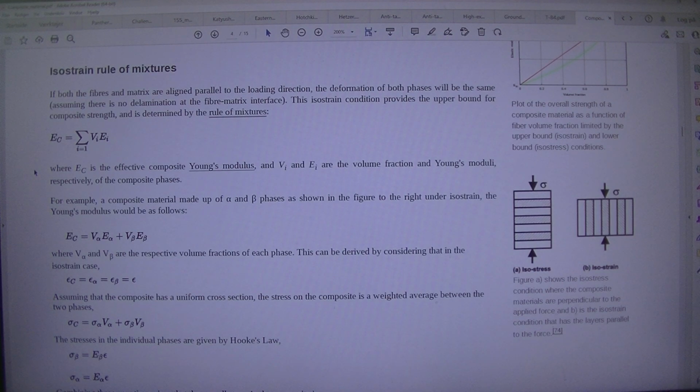For example, a composite material made up of alpha and beta phases as shown in the figure to the right under isostrain, Young's modulus would be as follows, where V and V are the respective volume fractions of each phase. This can be derived by considering that in the isostrain case, assuming that the composite has a uniform cross-section, the stress on the composite is a weighted average between the two phases. The stresses in the individual phases are given by Hooke's law. Combining these equations gives that the overall stress in the composite is. Then it can be shown that